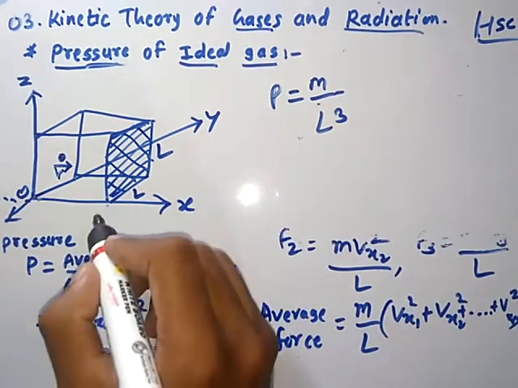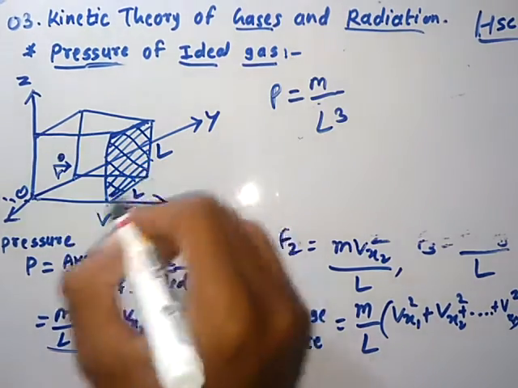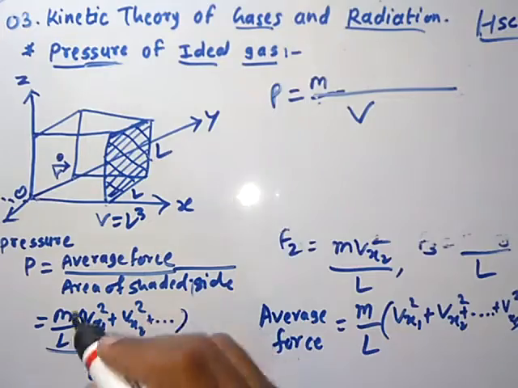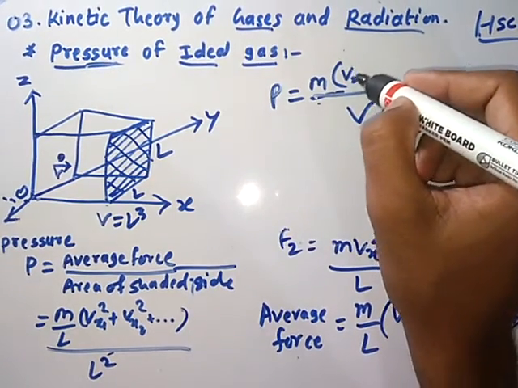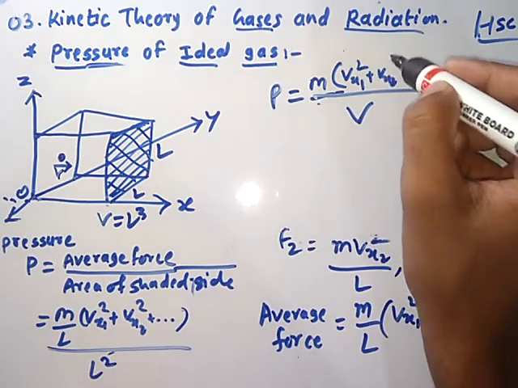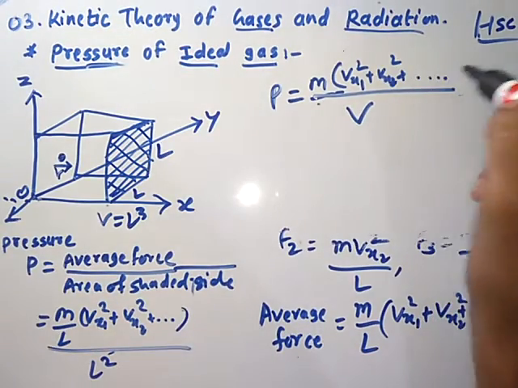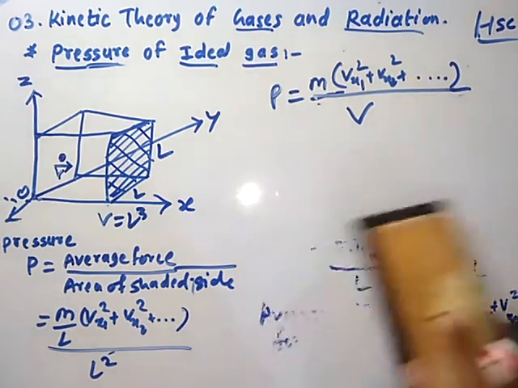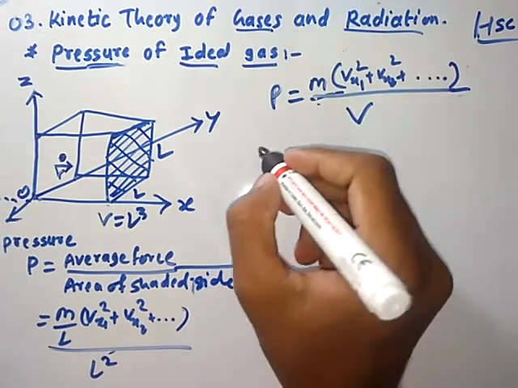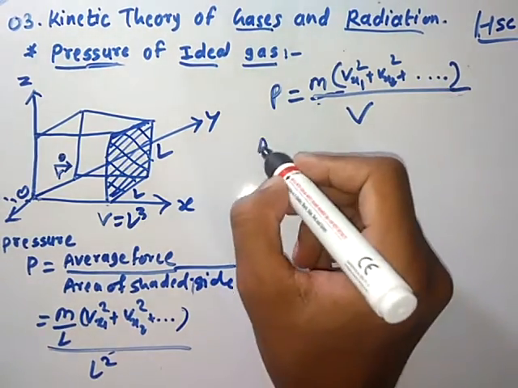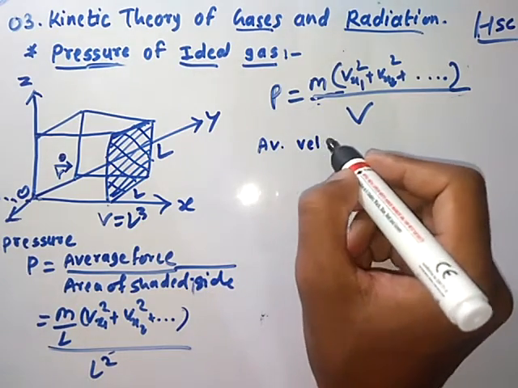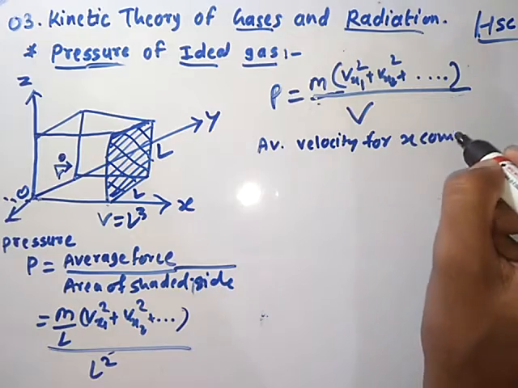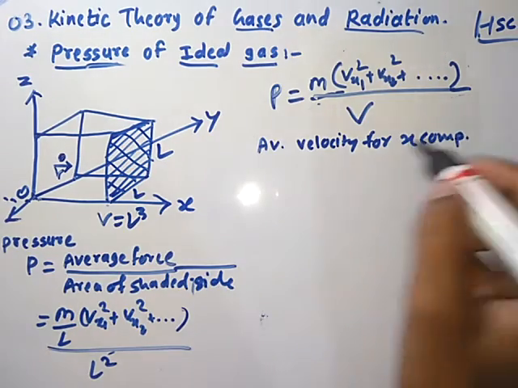So L cube is a volume, V is equal to L cube, the volume of this cube. So in place of L cube we can write V. And again the numerator quantity is vx1 square plus vx2 square plus so on, up to vxN square, all the velocities along the x-axis. So now if we calculate the average velocity for the x component,